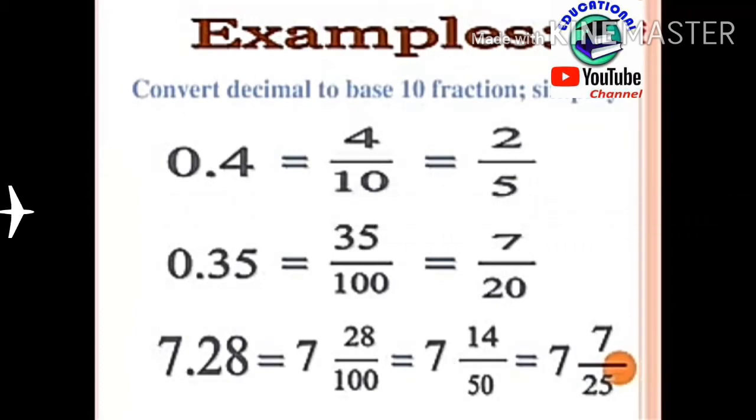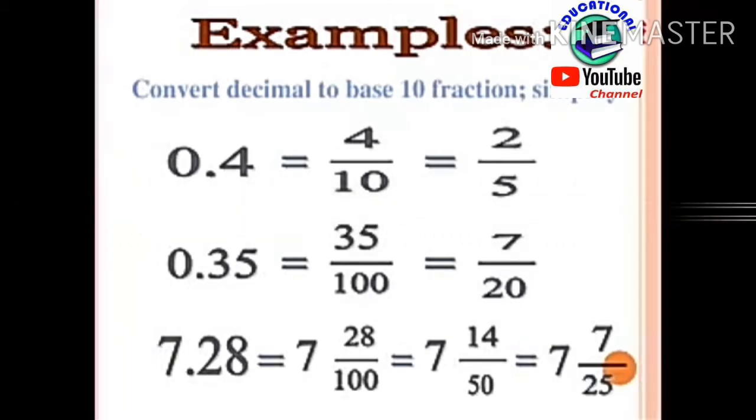0.35. In fraction it is 35/100. Again we are going to simplify it by dividing by 5. So its simplified form is 7/20. Last example,